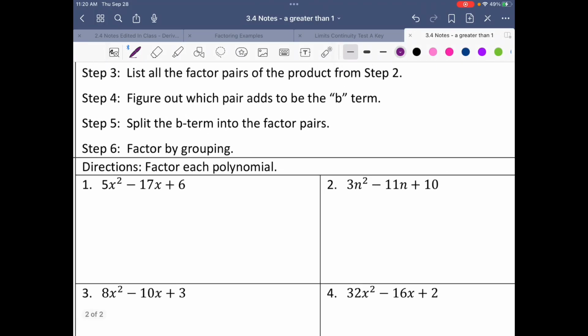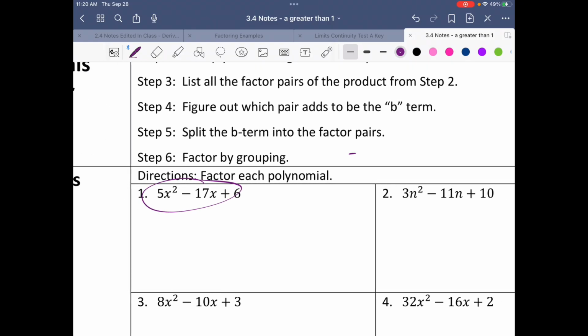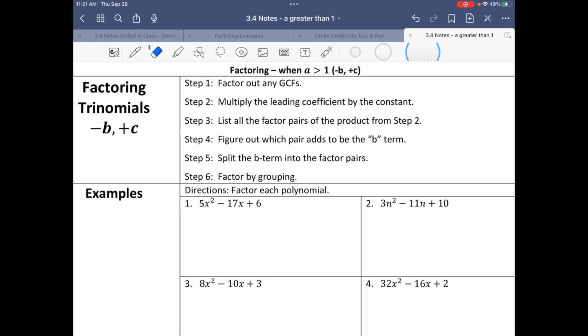All right, last type with a greater than 1. Remember, if your leading coefficient was negative, so like if I had changed this one to a negative number, where that leading coefficient was negative, you would have to factor out a -1 first. Your leading coefficient has to be positive for you to be able to factor it. Okay? Anyways,